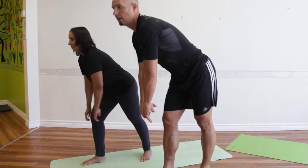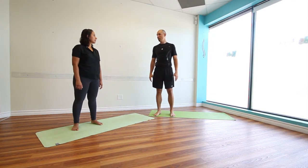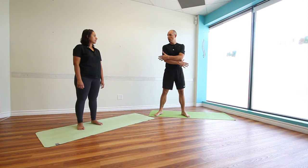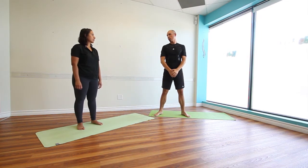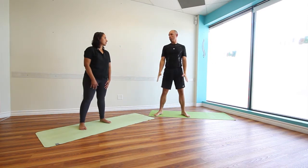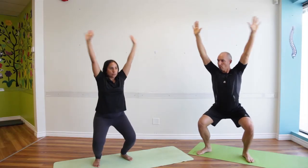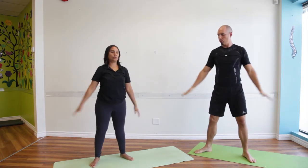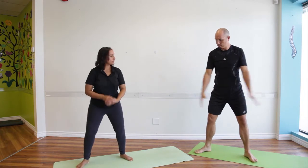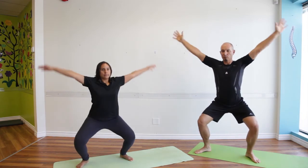And let go. And the final exercise I want to show is actually coordination of breathing. So I'm going to show you first. When you're doing a squat and raising your hands, you take a deep breath in. And then we're going up. Let's do it together. And try to split your knees apart, to the side. And if you take a wider stance, yeah, it's going to help you do it better. And breathing. And do it 5-10 times, and when you finish,